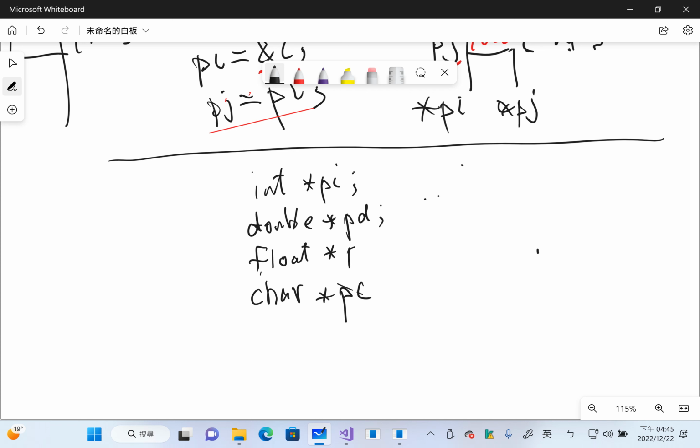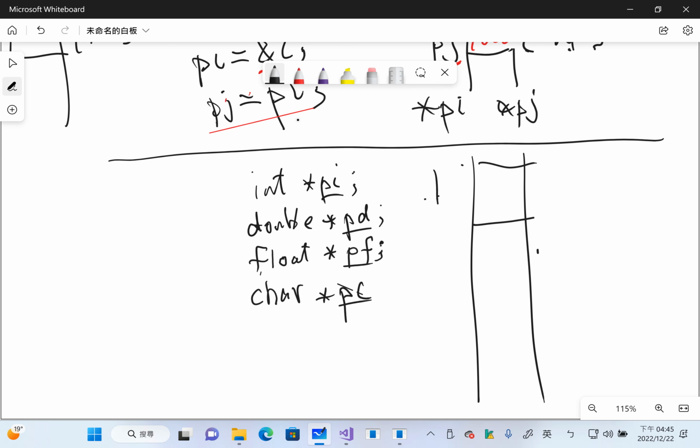Float pointer. Okay. So, in fact, pi, pf, pd, pc, they are all variables. Okay, they are all pointers. The difference is that